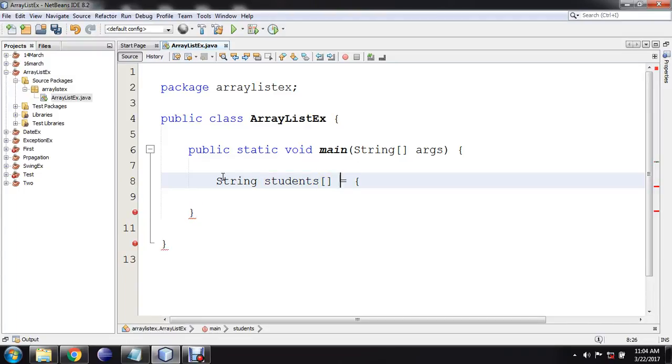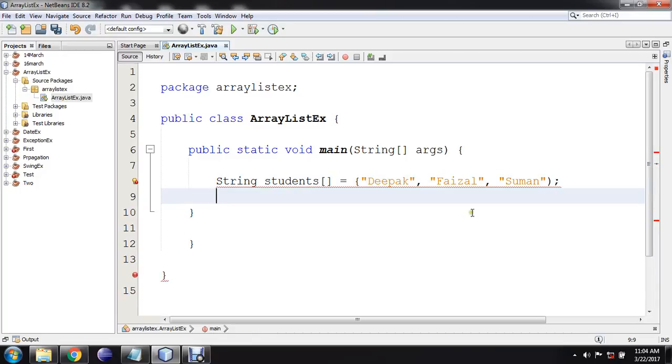Let's say I'm passing the names of some students: Deepak, Fazal, and Suman. Sorry, you have to pass a curly brace here. So these are the elements of my array named students.